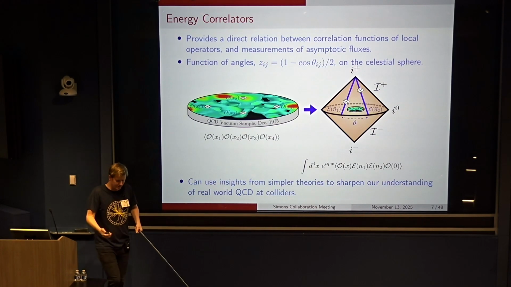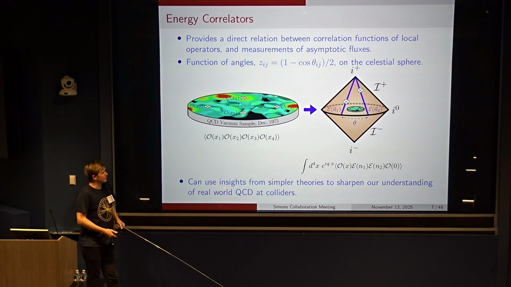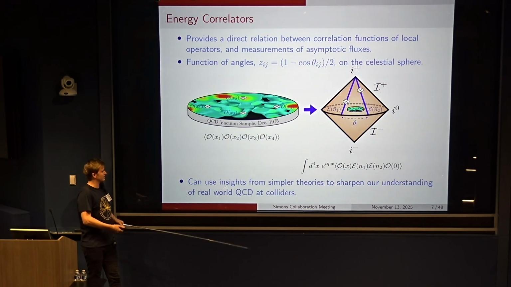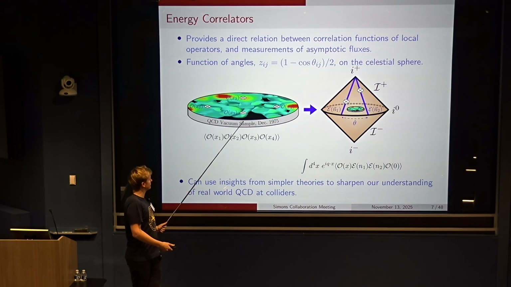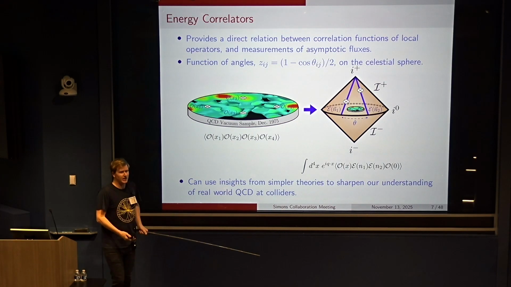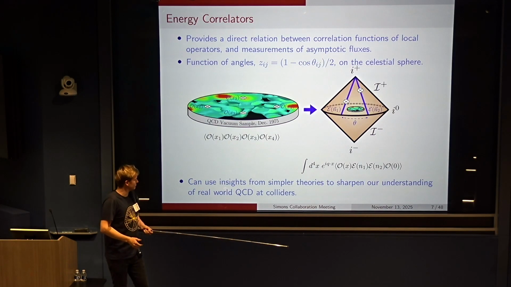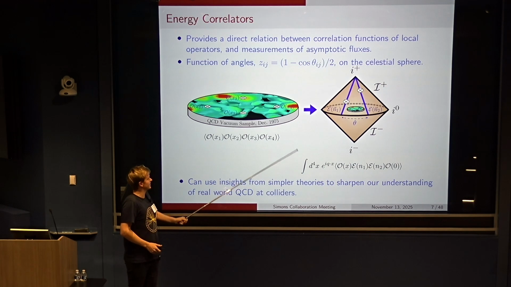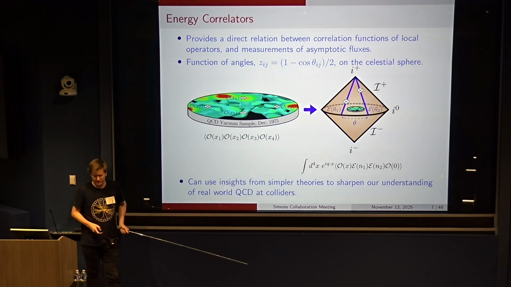And so the second thing, which is in some sense much more important, is it made us able to connect to calculations in our favorite toy theory. So this is a perfectly well-defined observable. You can take whatever theory you want, and you can compute it. And so this really provided a very nice connection between what we want to do in the real world, or observables that we can study in the real world, and observables that we can study in simplified theories.